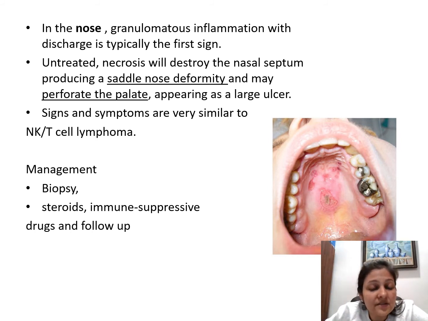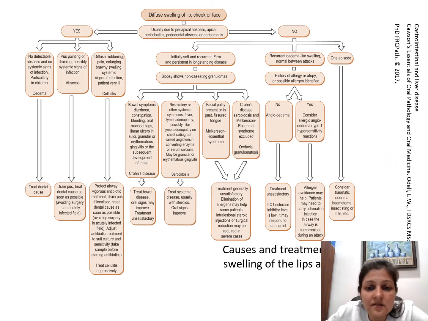So signs and symptoms are very similar to a lymphoma, sometimes even a T-cell lymphoma. The management would involve biopsy, first of all, and also steroids and immune suppressive drugs, and definitely long-term follow-up for these cases. So to sum it all up, this is